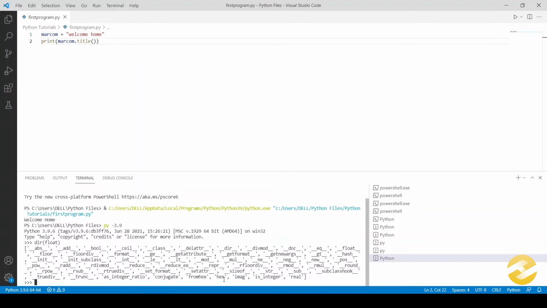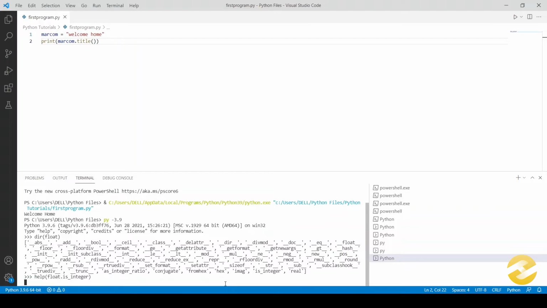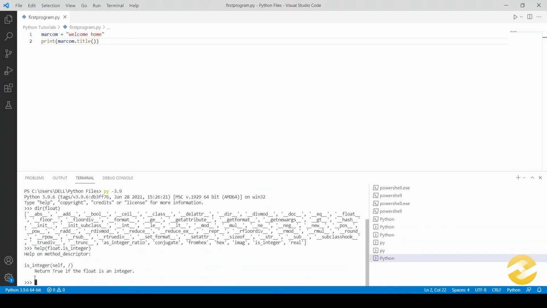I will use this is_integer and I'll try to find out what exactly it would do to my float. So I'd go here and I'd say help float.is_integer, and it would say that the output of this is going to be a boolean.